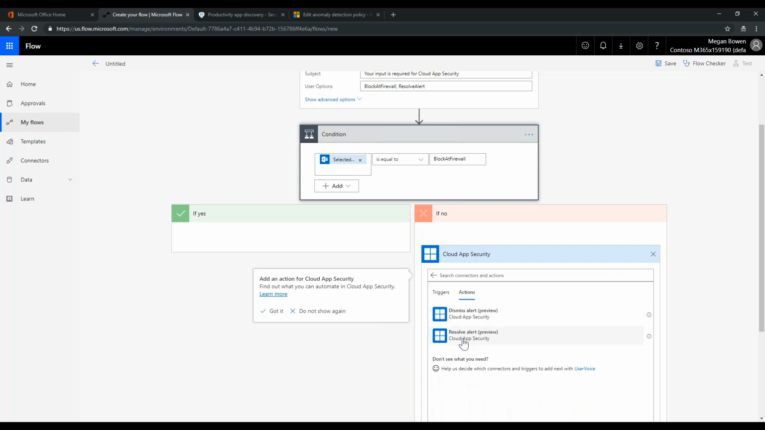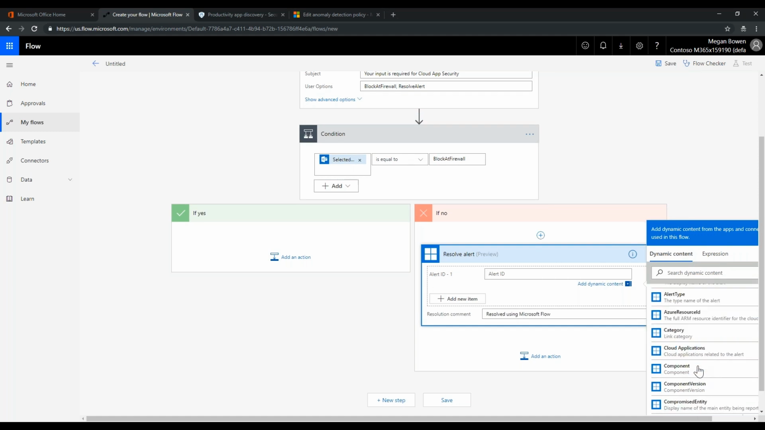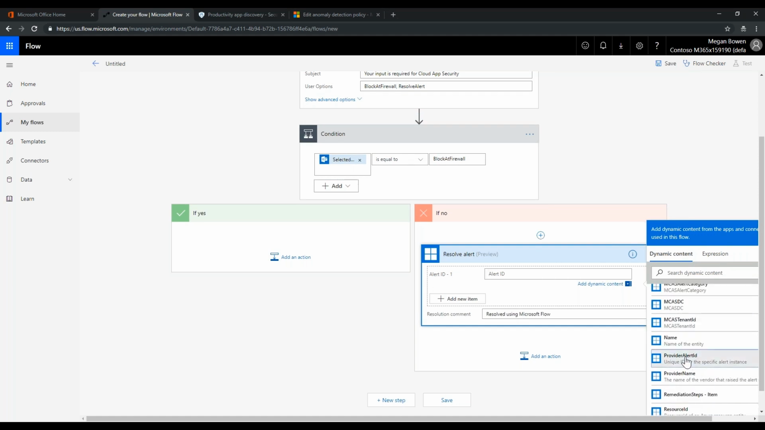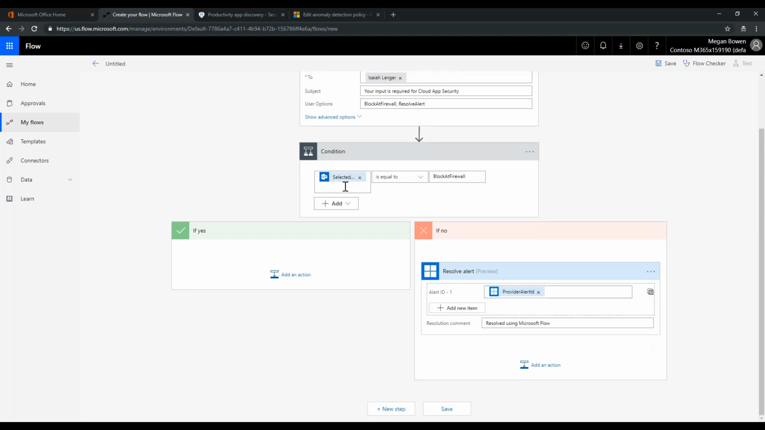And what we basically want to do is resolve the alert. And the alert ID is going to be dynamically provided here by the provider alert ID. And that side of it's done. So if Isaiah does not choose to block at the firewall, we're just going to resolve the alert. End of tree. On the other hand, if he says, yes, I want to block this app at the firewall,